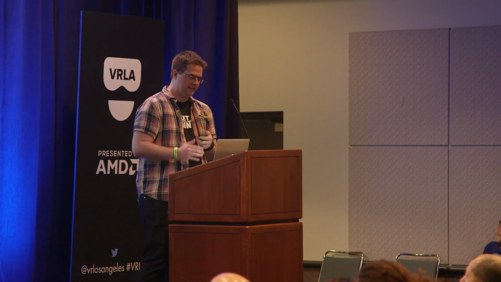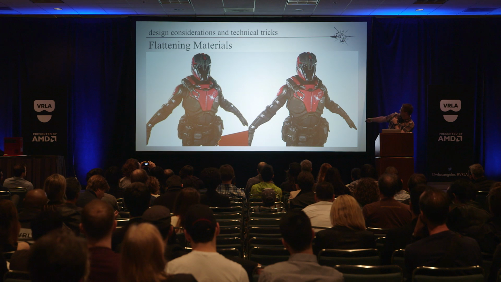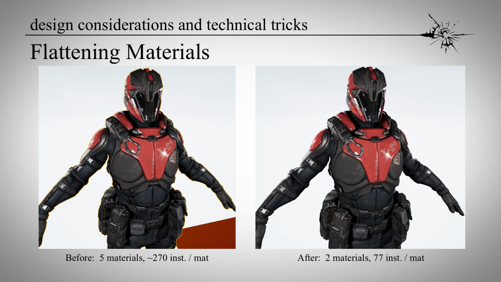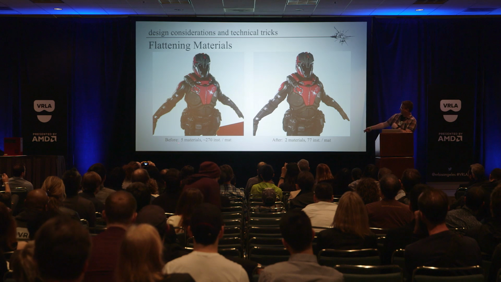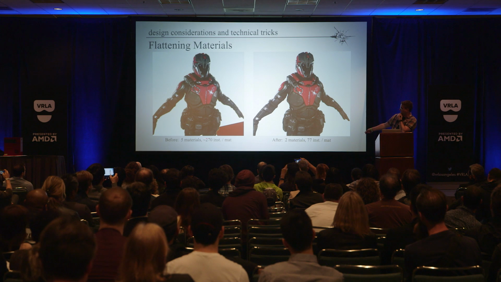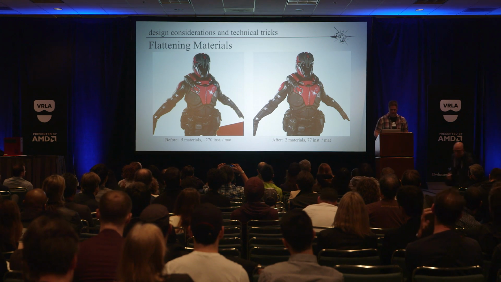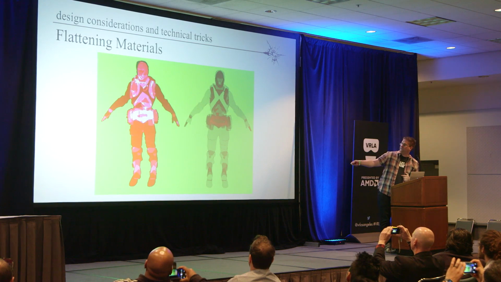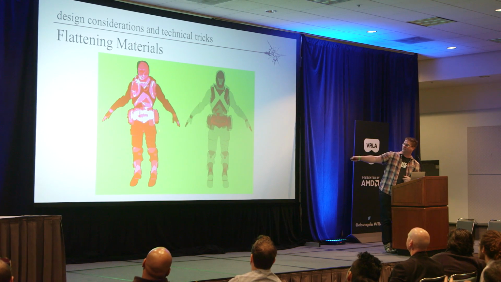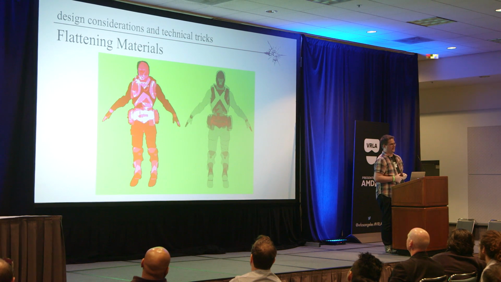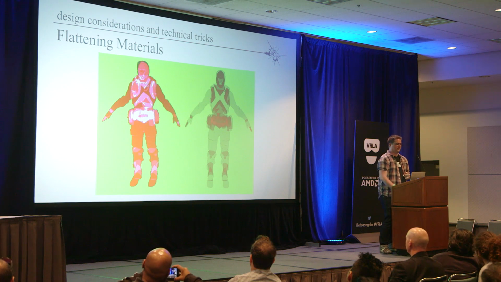So we did that. This is the guy before, and this is the guy after, and you can tell there's very little visual difference other than whatever that big red thing in the background is. The trick is this was 5 materials, and so 5 draw calls with 270 instructions per material, and this guy was 2 materials with 77 instructions per material. This is the shader complexity view of that, so you can see that this guy is red to white hot, where this guy is green. So before this change, we could have 1 AI on the screen, and after that, we got about 7 to 8 on screen without blowing our lighting budget.